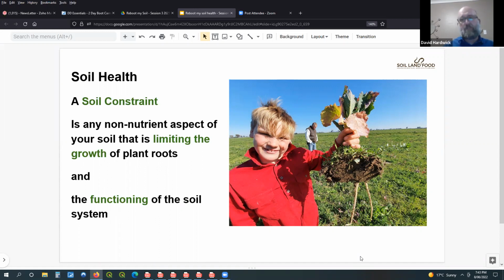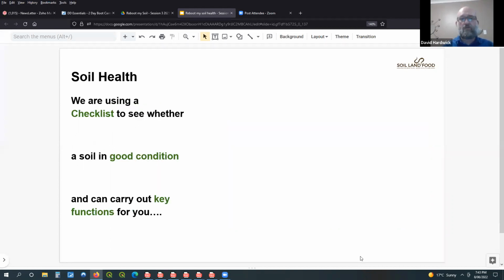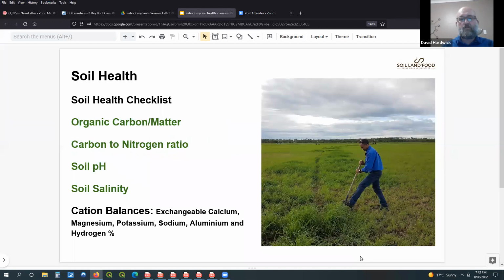And because the root system of plants is what really drives the functioning of soils, because they're bringing in carbohydrates and organic matter through photosynthesis, and that feeds the whole soil community. It modifies the soil chemistry, and the plant kind of then helps with the soil life, and the minerals help create that functioning topsoil. And we're going through a checklist to check our soil health, and the checklist is not